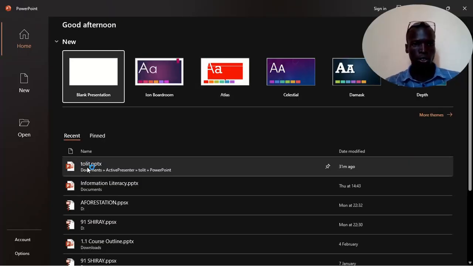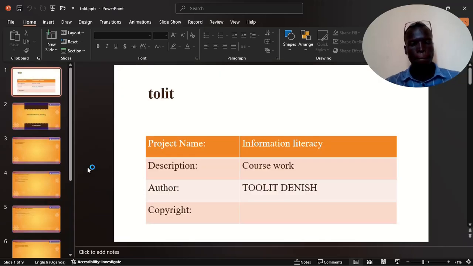So this is the slide. Actually, this is the first slide. Project name is information literacy, and this is a coursework. The name is Dolly Dennis. So today